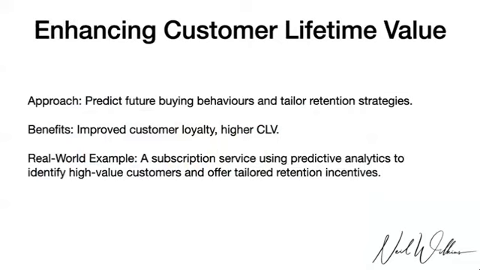So all of the stuff that we're talking about here will enable you to predict future buying behaviors, tailor your retention strategies, improve your customer loyalty, and generate a higher CLV, a higher customer lifetime value. So this stuff goes end to end. You can be picking up and getting predictive data from the start of the customer journey, those early points of engagement, right at the awareness stage, and then all the way through to some of your most loyal, some of your oldest customers, and be using those customers and the data associated with them to predict how to get more